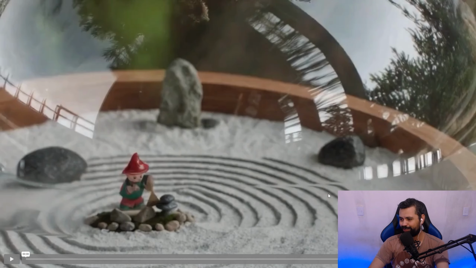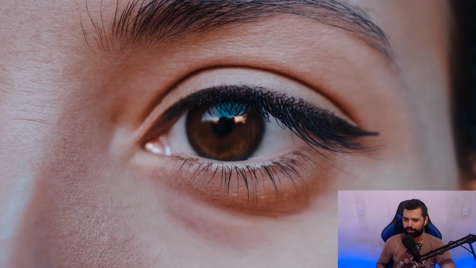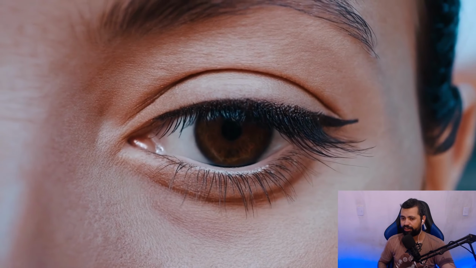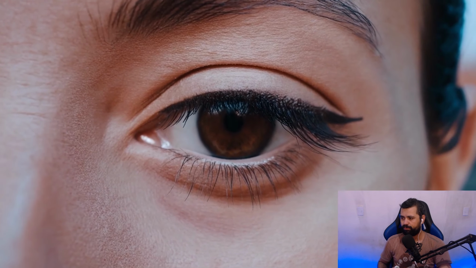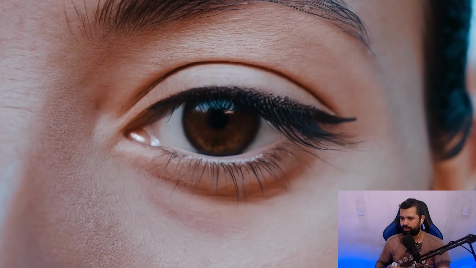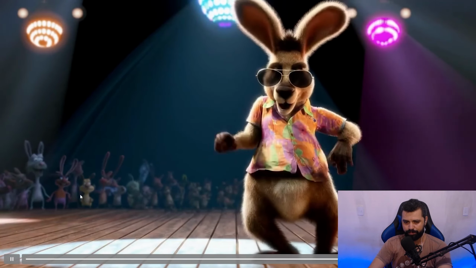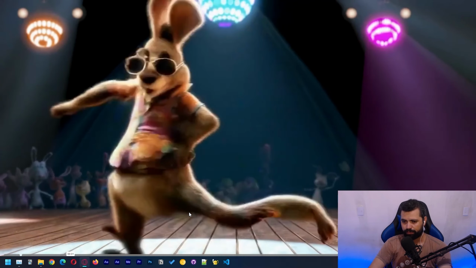There's more, guys. This is another one that you could do. You just need an actor and a good camera, but they are very hard to tell. Yeah, definitely. There's more and more, guys. There's tons of examples that they go into. Another 3D one, another 3D animation. It knows how to add background characters in the background.